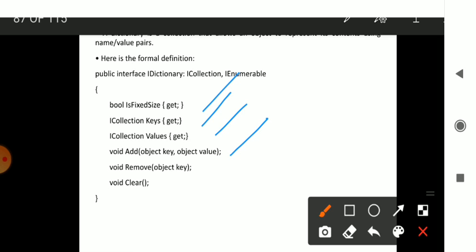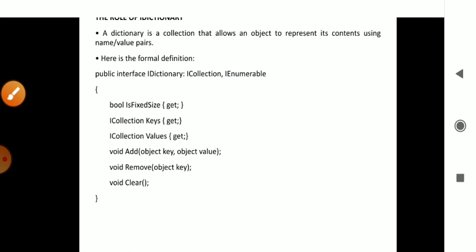If I want to remove the object, Remove will remove the objects from memory, and Clear will clear the content from memory. So that happens in IDictionary.